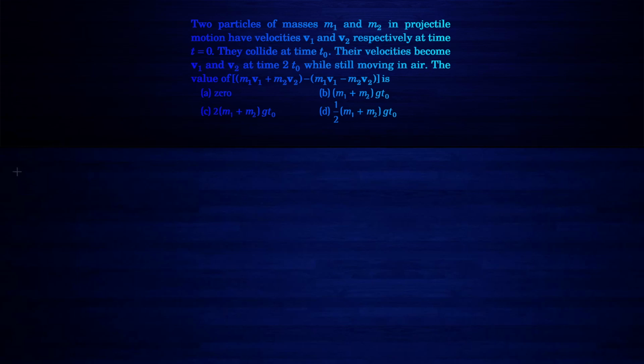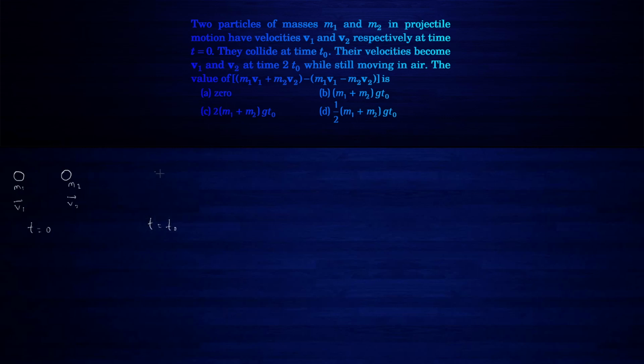Two particles of mass m1 and m2. Let this be m1 and this be m2. They are in projectile motion with velocities v1 and v2. Let this be v1 bar, this be v2 bar. This is at time t equals 0, and at time t equals t0 they